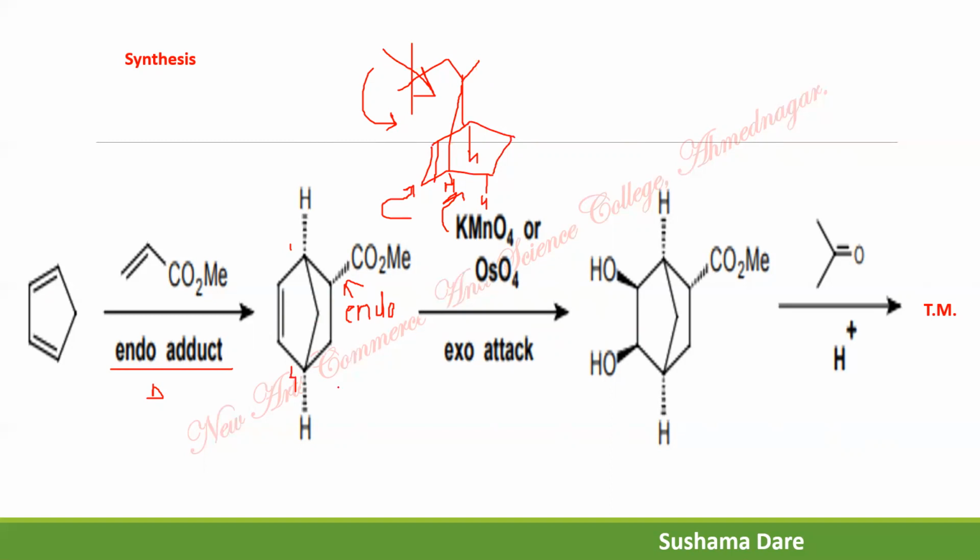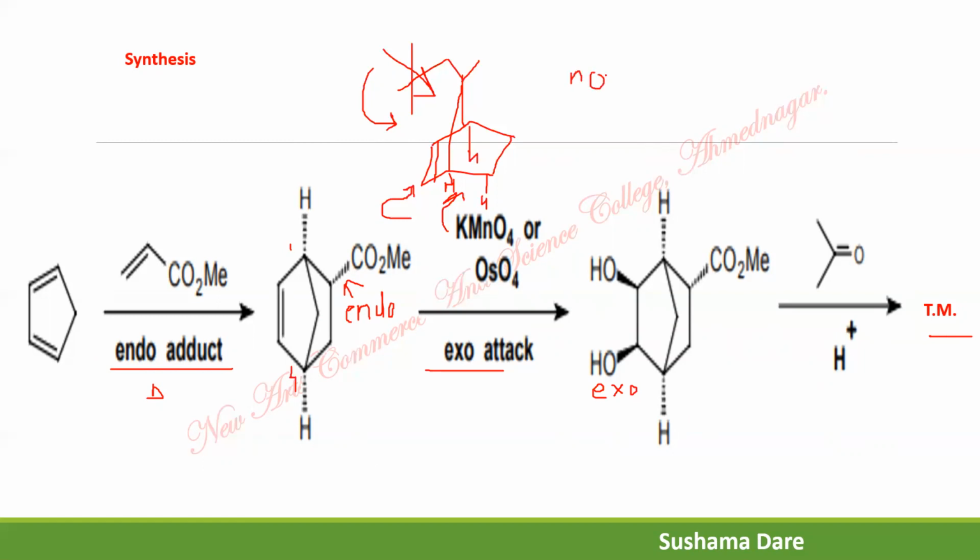Now in this case, as it is a norbornane system, there is an absence of these 2 methyl groups. In the case of a norbornane system, the reagent approaches from the exo side. Exo side means the orientation of this hydroxy group is going in the top direction, so we call it an exo substituent. After this product, there is a protection of this diol by using a ketone, and it gives the target molecule.